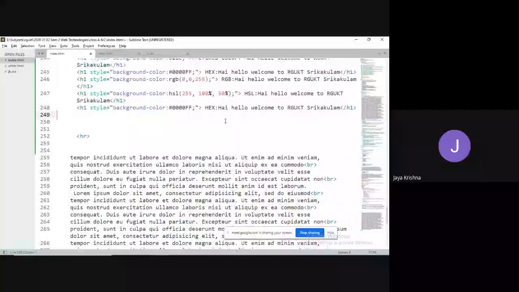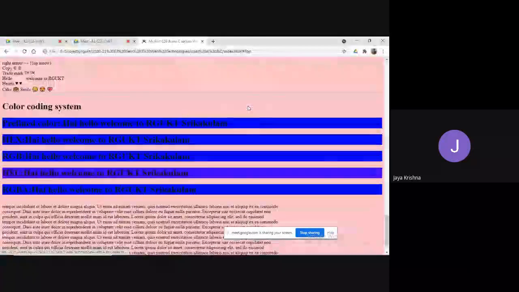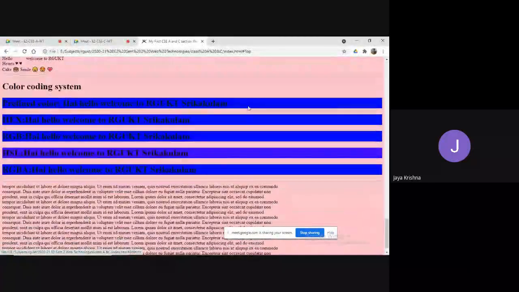I would like to apply RGBA of, for example, transparency, I would like to make it 1.0. RGBA of 1.0.